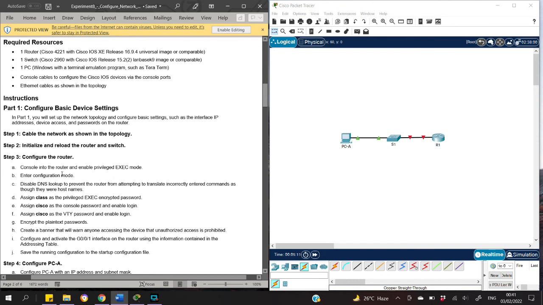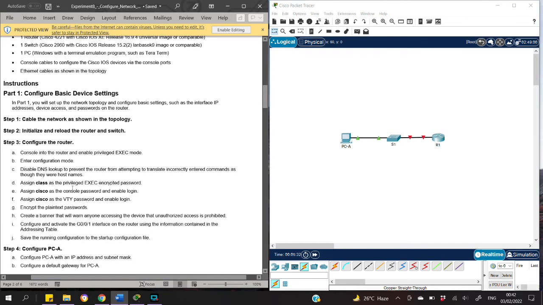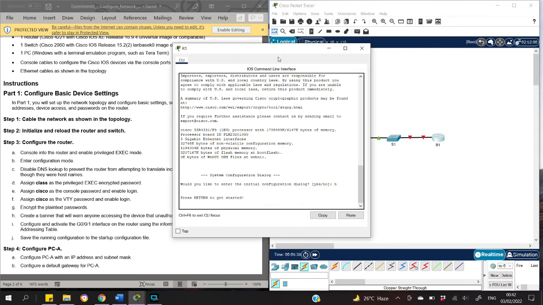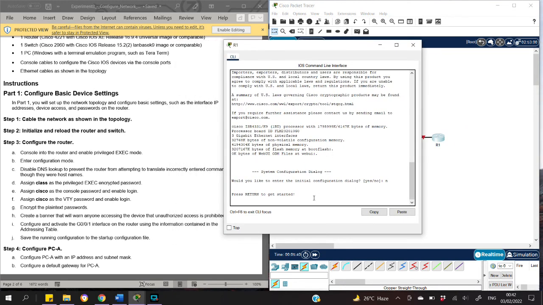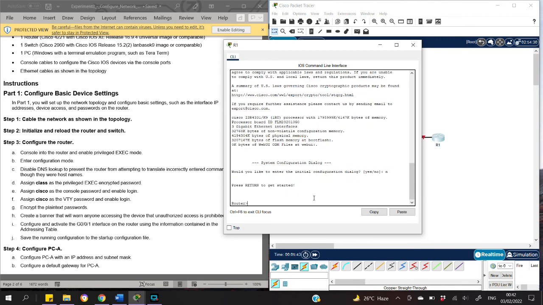So let's initiate and reload the router. By doing that, it is to connect it using a console port to our PC, but we can use the CLI tab here in Packet Tracer to configure the router and the switch. So let's configure the router now. So here's the window. So let's start. So first, let's enter the privilege exec mode,